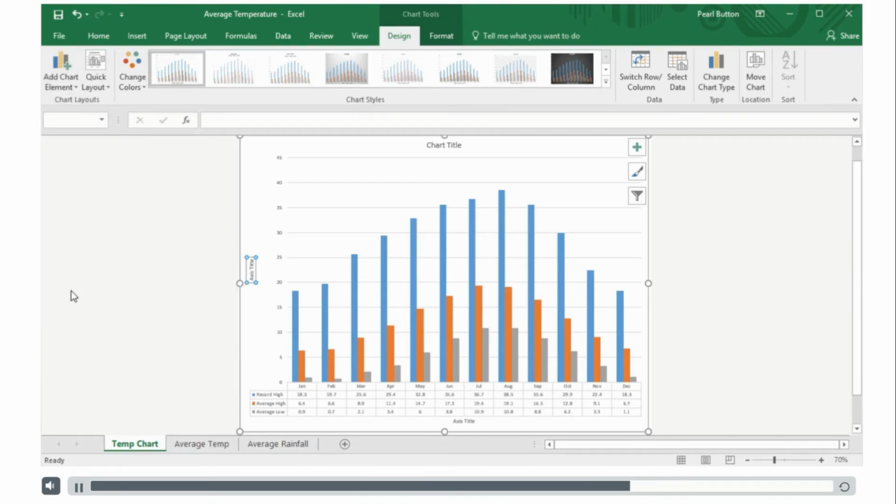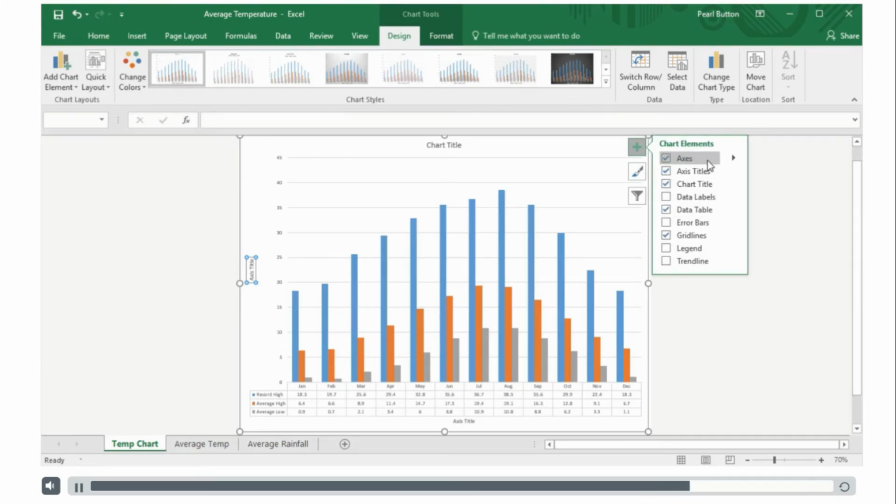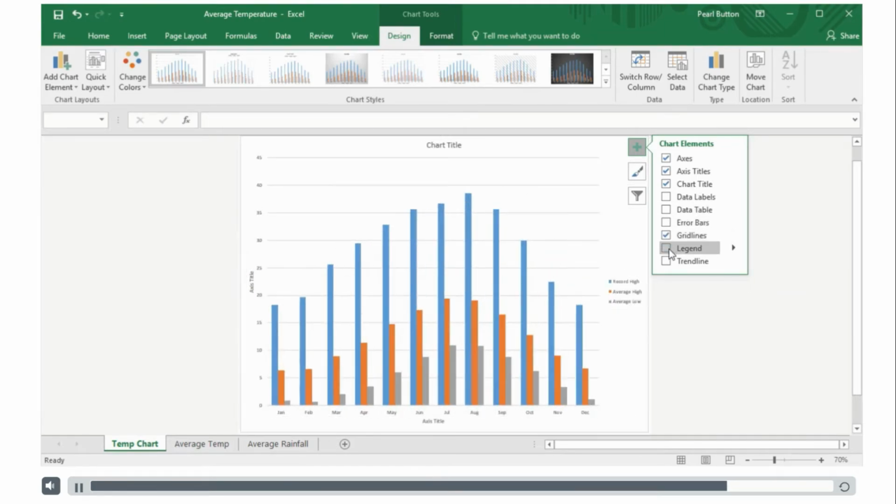On the chart itself, over to the right, you'll see three little buttons. The top one, this little green plus, will also allow you to add or remove chart elements. If I hover my mouse, if there's any more options, you'll get an arrow pointing out to the side. I'm just going to remove my data table and put a legend back